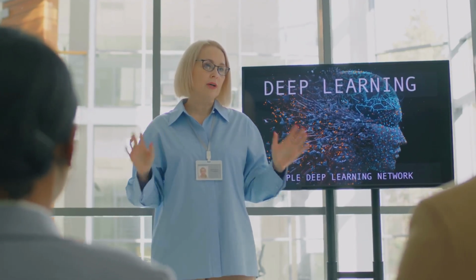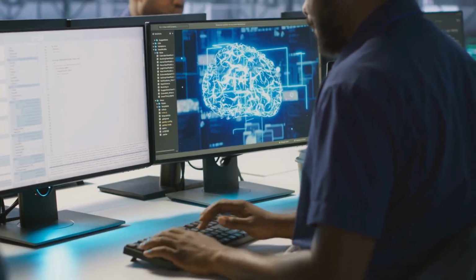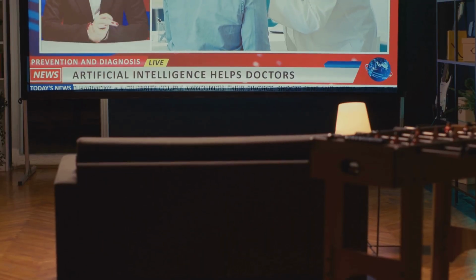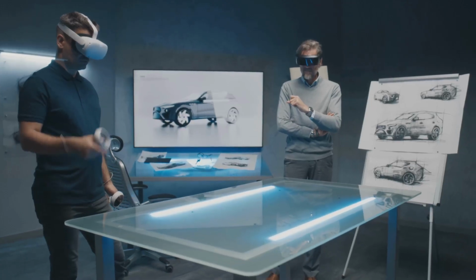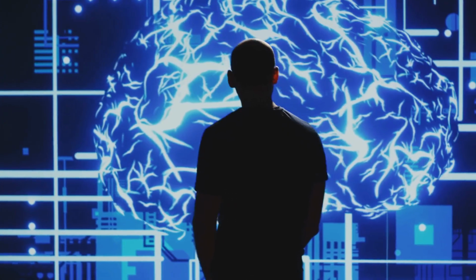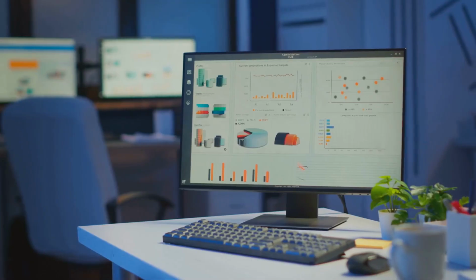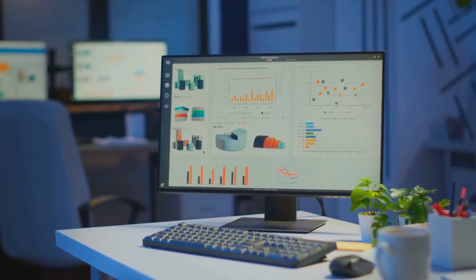Autonomous vehicles. Self-driving cars use deep learning to see and understand the world around them. Robotics. Robots learn to interact with their environment. A robot might learn to pick up a delicate object without breaking it. MedTech. Medical technology. Deep learning helps analyze medical images like X-rays and MRIs. Models can spot subtle signs of disease. That enables earlier and more accurate diagnoses.